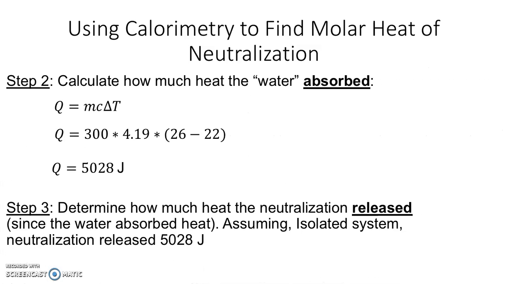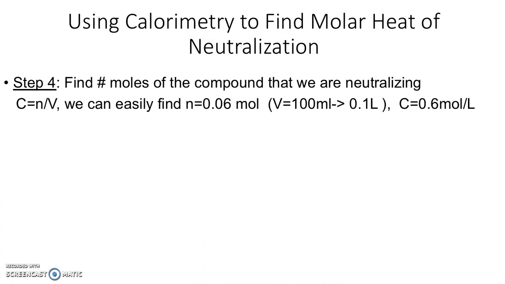So we're trying to find the amount of moles that we have of sodium hydroxide. You're given the concentration to be 0.6 moles per liter and a volume of 100 milliliters, which you can transform to 0.1 liters. Do your cross multiplication, and you'll see that the moles of sodium hydroxide is 0.06